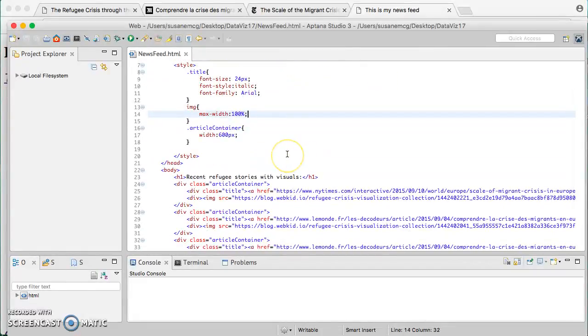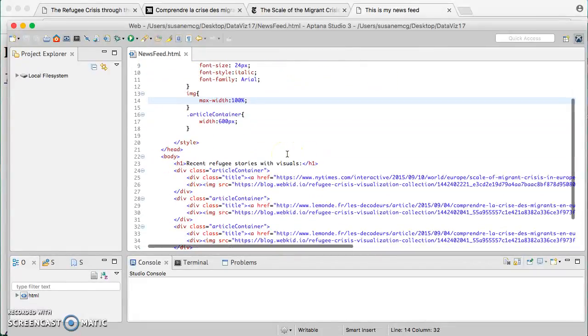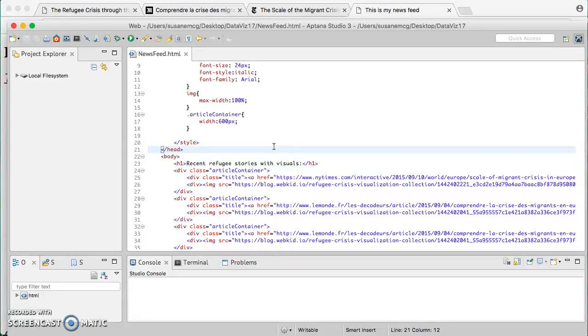But the idea here is basically to think about how we can get content onto a page, how we can give it some style and organization, as well as a little bit of functionality, essentially the functionality that is built into HTML and CSS itself. Looking ahead, we're going to start talking about JavaScript object notation, which is a data type,